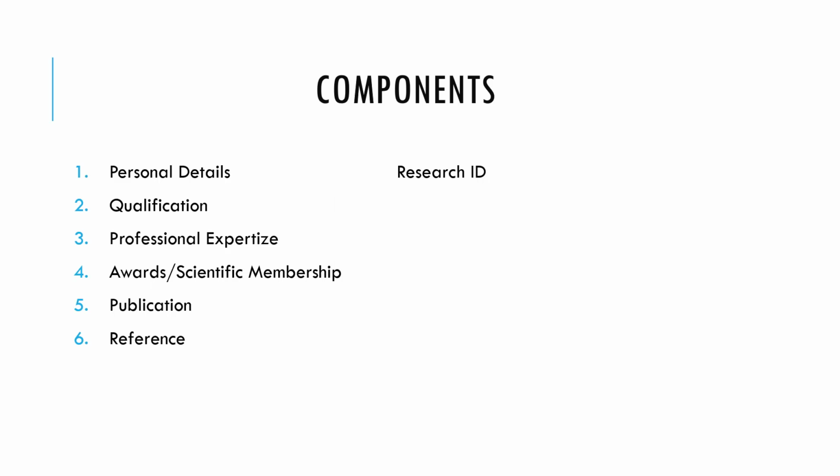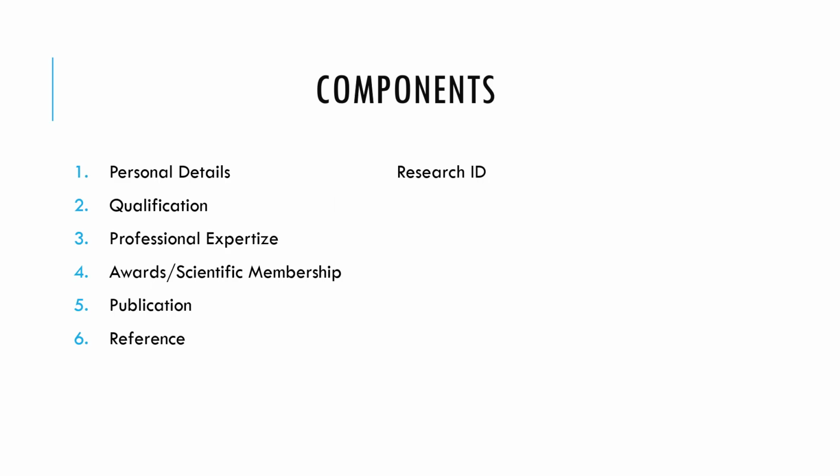First, the basic thing: you must include the personal detail, but not too much. Just write the name, email ID, and your present address. Keep the personal detail at the top of the resume and then write the qualifications. This is very important to do in a good manner. Write your graduate degree, postgraduate degree if any, and the PhD qualification. Also mention the year of passing and the college.